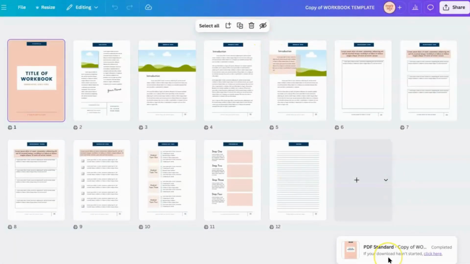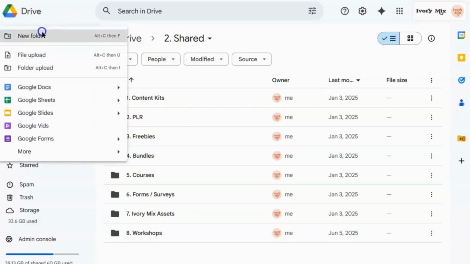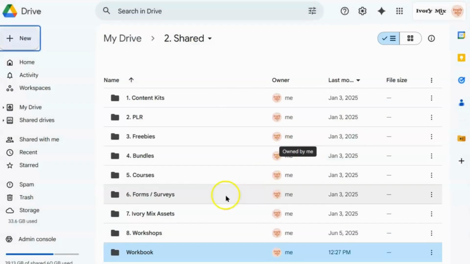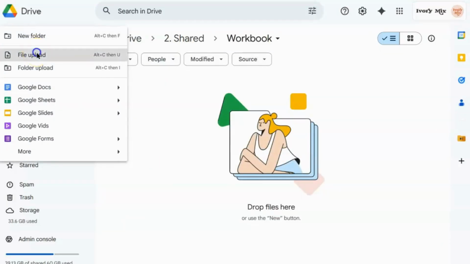And now that it's saved, you need to put it somewhere online and create a link so they can access that PDF. The easiest place to do that is going to be Google Drive, in my opinion. In my Google Drive, I have a folder that I've created called Shared, and this is a folder of all different types of documents and products that I've created and shared with people. So for this, I'll go ahead and create a new folder, and I'll call it Workbook. It'll open up that folder, and then I will go ahead and upload that workbook